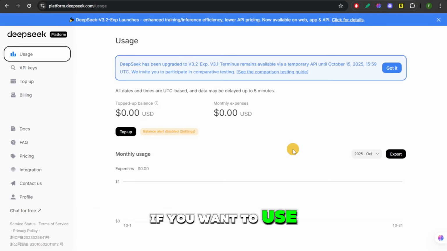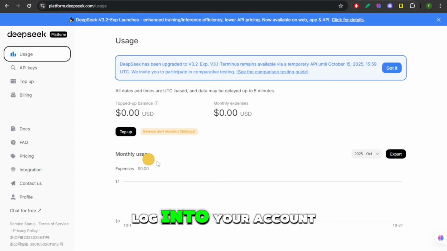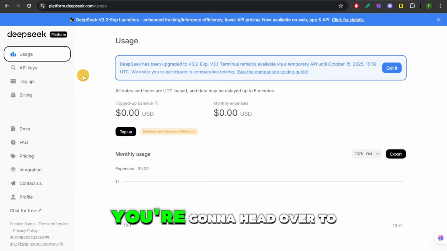If you want to use DeepSeek Proxy properly on Janitor AI, then here's what you're going to do. Step one is you're going to visit deepseekproxy.com and then log into your account. Now, from here, you're going to head over to the